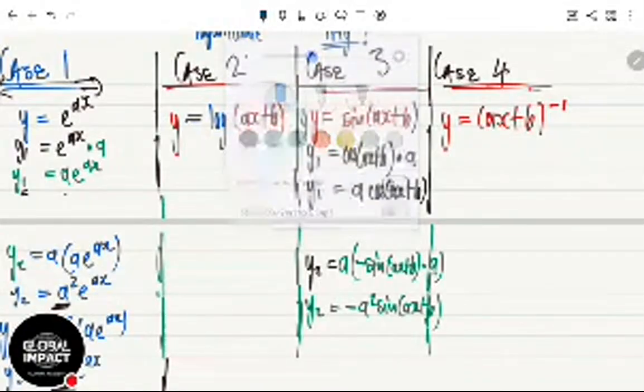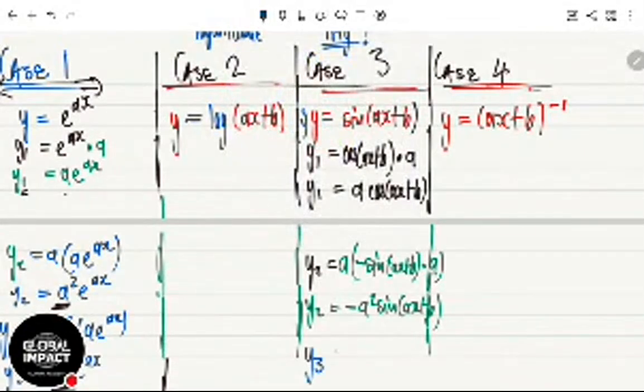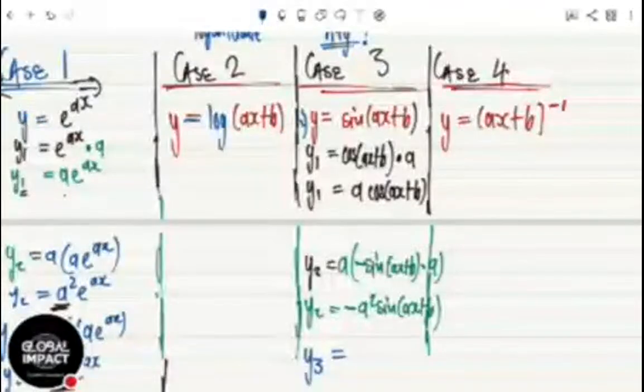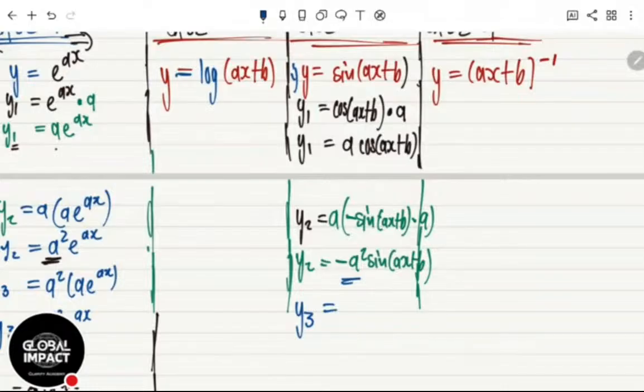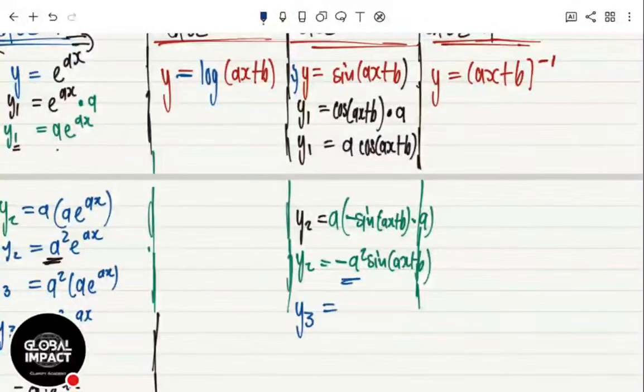Then we are going to have y3 now. What is it going to be? The third derivative. What are we going to do to get the third derivative? Stay awake, guys. For the third derivative, what we are going to do is differentiate this one. It's a constant, it doesn't go anywhere. When constants are multiplying, when you differentiate or integrate, if there is a constant multiplying, it will never go anywhere. So this negative a squared isn't going anywhere.